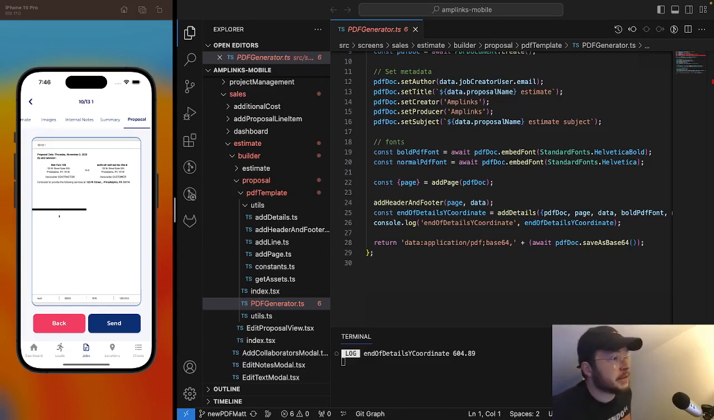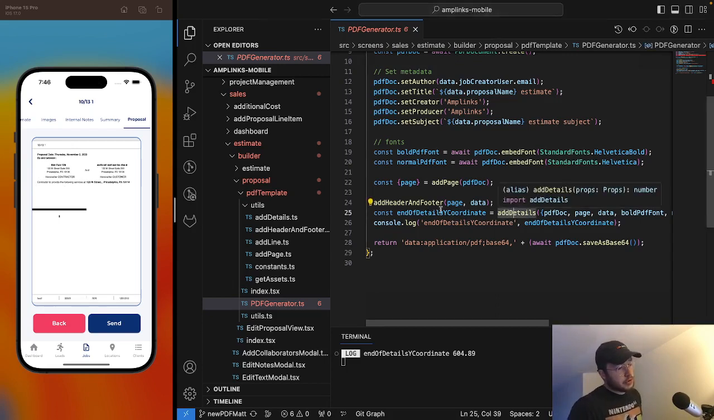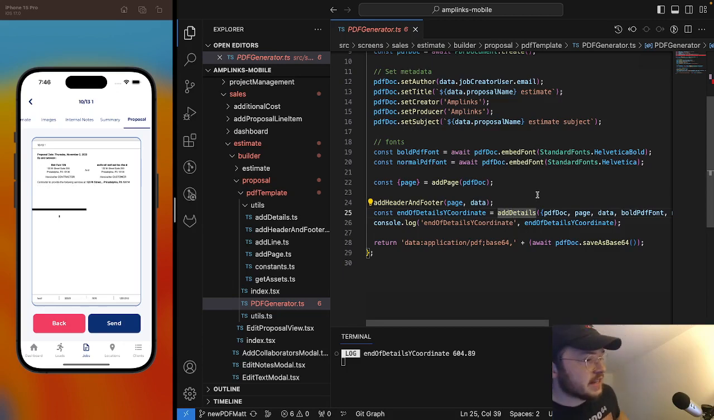Hey, so I'm back with some PDF proposal stuff. This will be part four. So yeah, we left off with a finished details section, and details returns back the end coordinate. So it's just the end y coordinate, which is this value just one line after this row here, this details